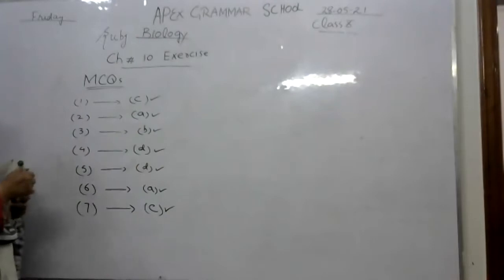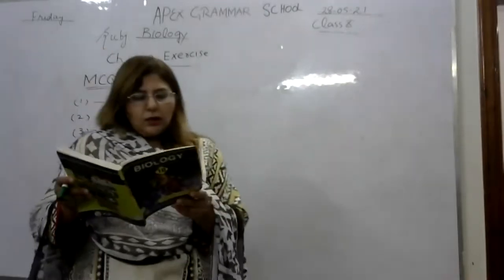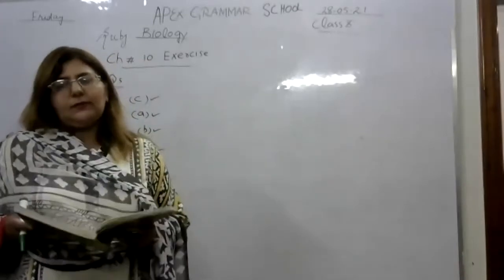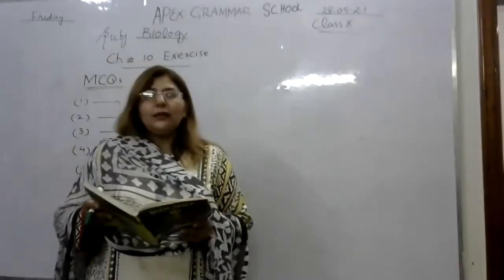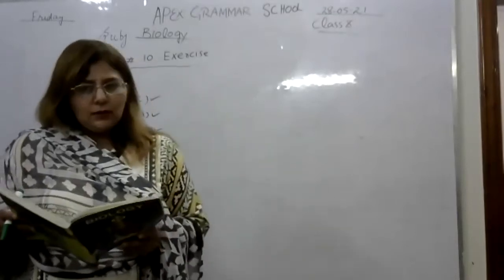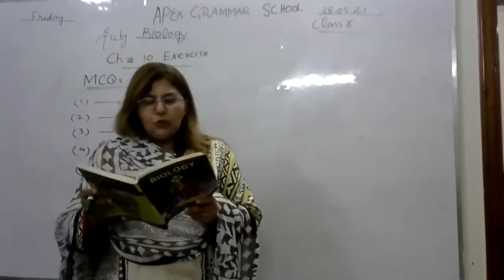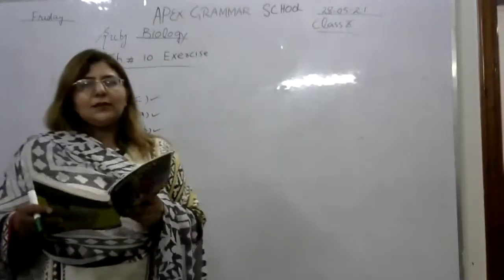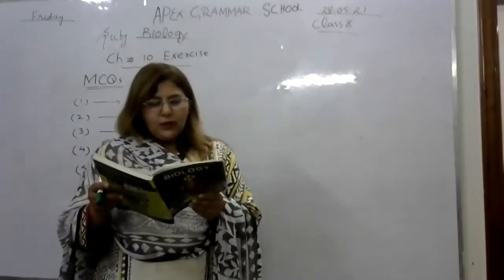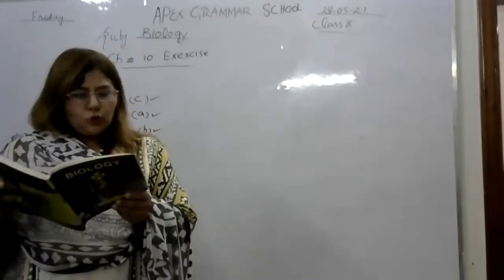Mark it in your book. Now we will come to question number 8. A disease involving the breakdown of air sacs of the lungs is. I told you that destruction of the walls of alveoli is a disease called emphysema. We have discussed it in that chapter. So what are air sacs? Actually, air sacs are alveoli. So if I read it like this: a disease involving the breakdown of alveoli of the lung is. So what is the right answer? You should know this.